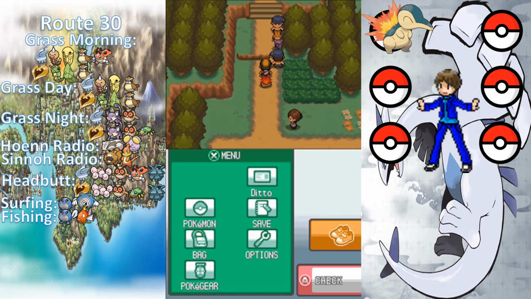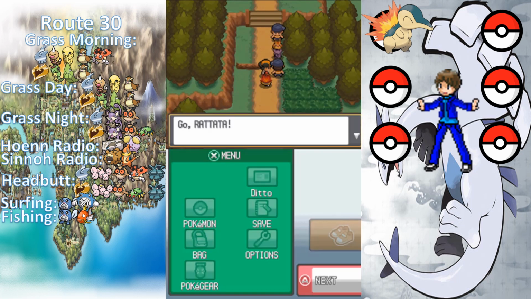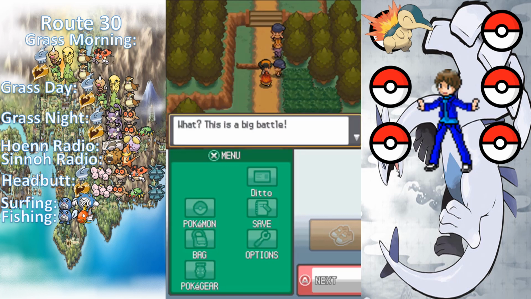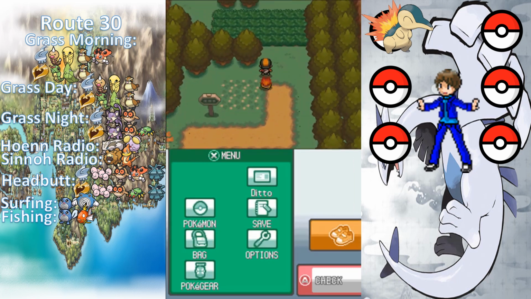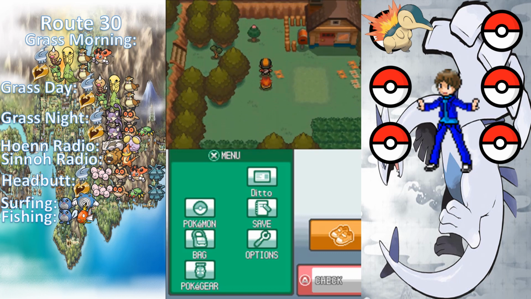But I'll explain a little bit more about it after we actually meet the guy. And also within this route, you see these two trainers actually having a Pokemon battle. Unfortunately, this is essentially considered a roadblock where you can't go past this route until a little bit later on, essentially after we are done with our errand